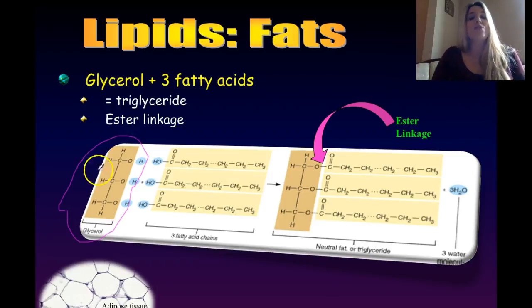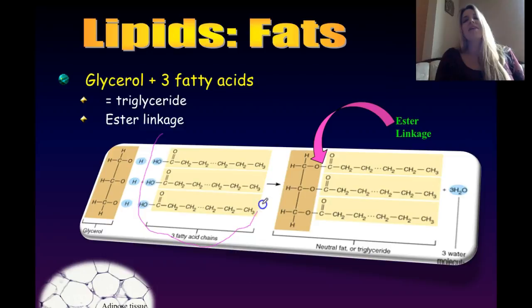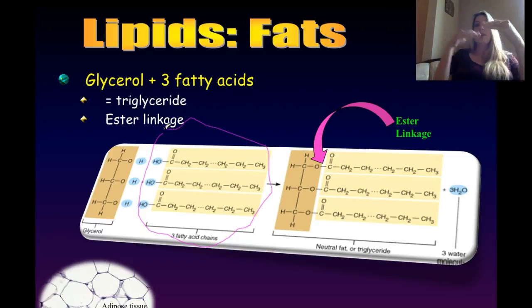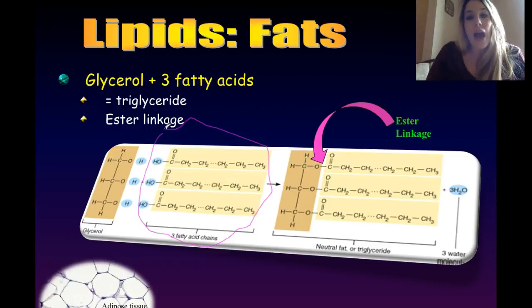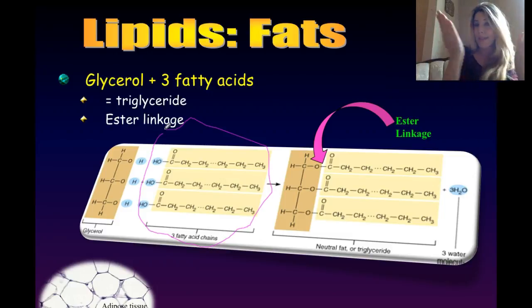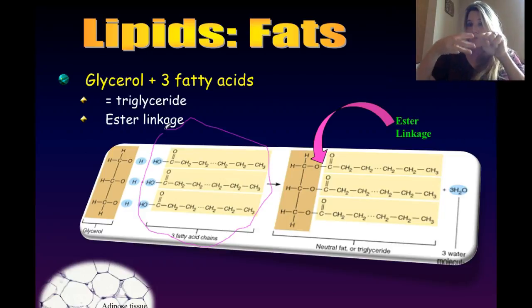Now, connected to that glycerol molecule are three fatty acid chains. So these are your three fatty acid chains right here. And these are just hydrocarbons. They're just straight chains of carbon with hydrogen, hydrogen, joined to another carbon, hydrogen, hydrogen. So all the carbons are joined together, and the hydrogens kind of just surround those carbons. Notice that how are we going to actually get this fat? We're going to have to take that glycerol head and attach it to those three fatty acid tails here. So imagine this is my glycerol head. These are my three fatty acid chains. We have to attach those guys together.